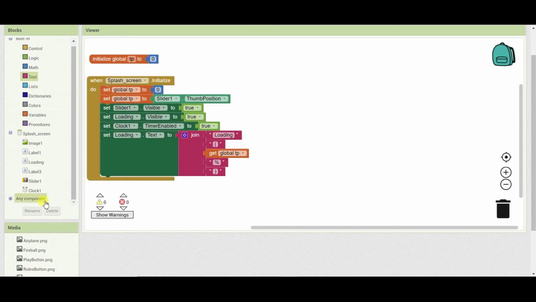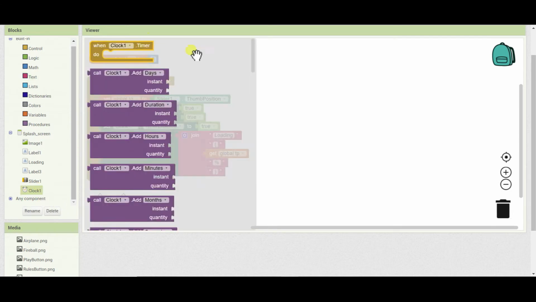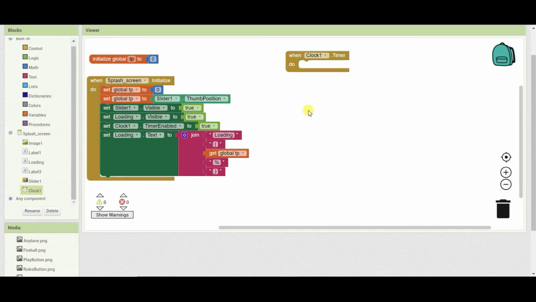So whenever clock 1 dot timer, we have to set global TP to slider1 dot thumb position.